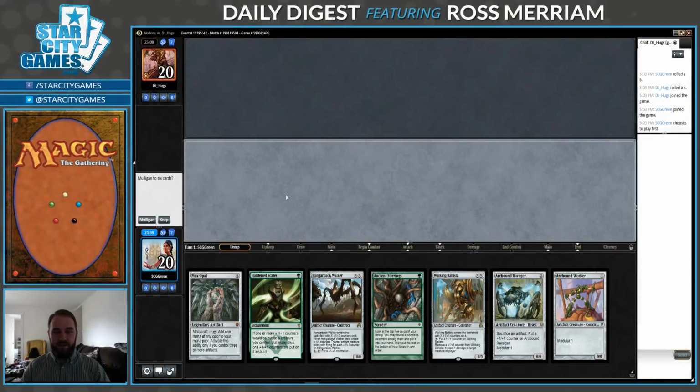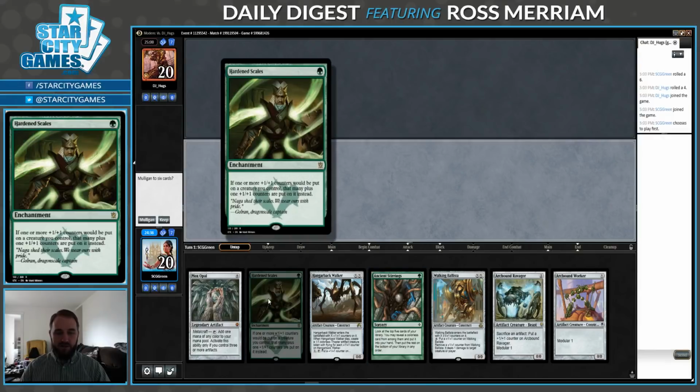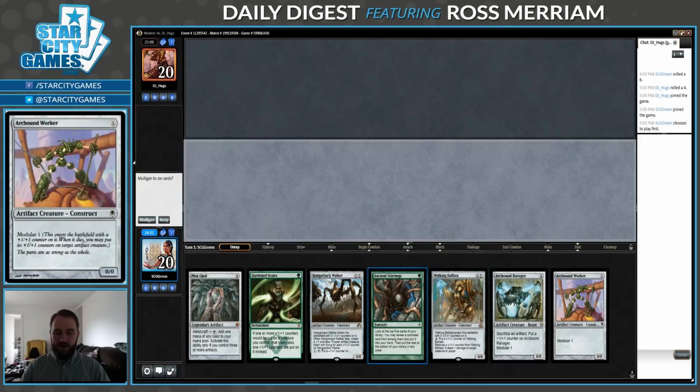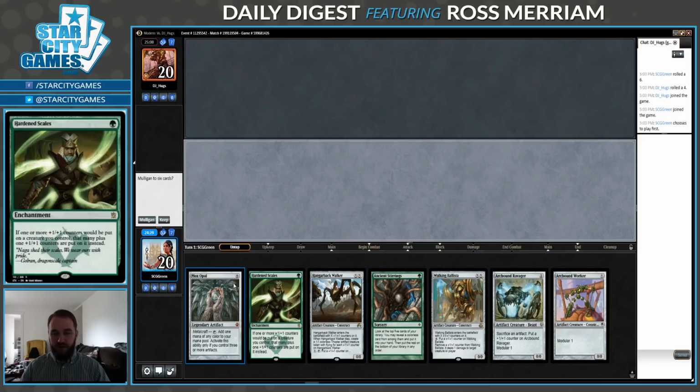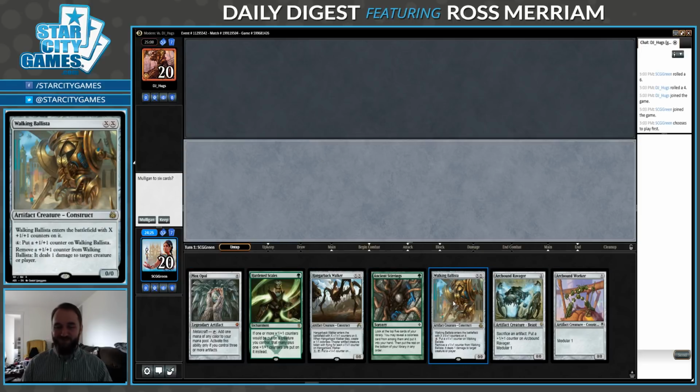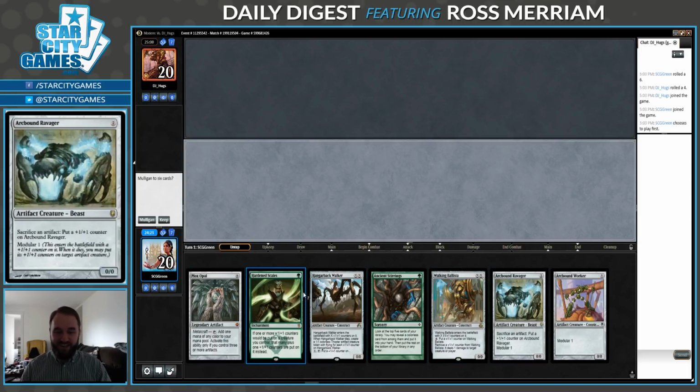I'm Merriam, and today I am playing Hardened Scales Affinity. I guess not really Affinity. I kind of want to just call it Hardened Scales Modular, but this is a version of an artifact aggro deck, I guess, or robots, I don't know, whatever you want to call it, that definitely uses Hardened Scale